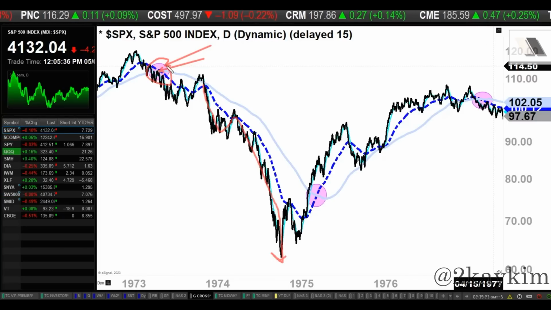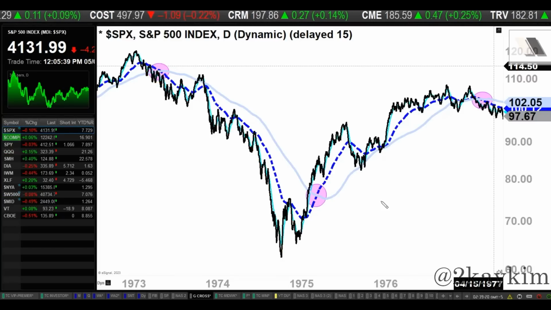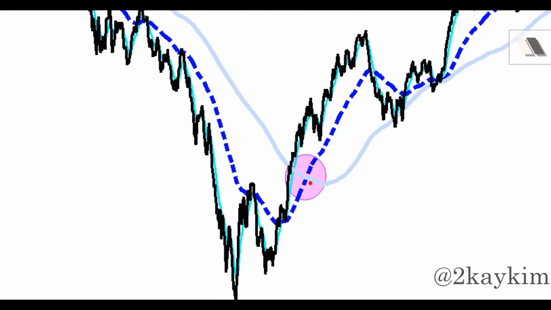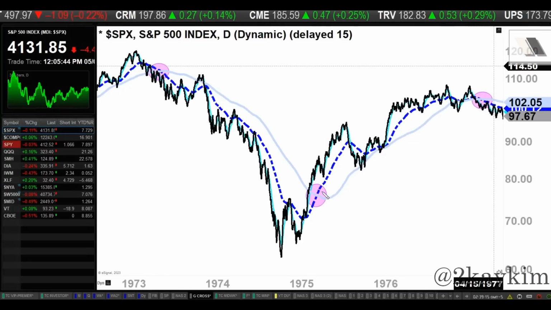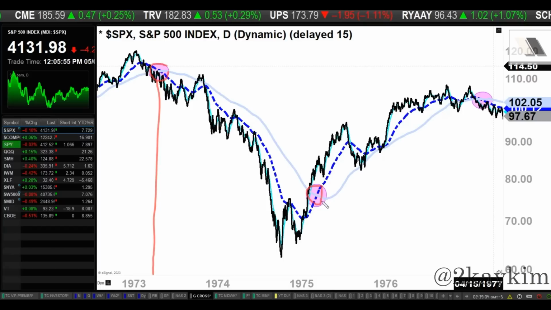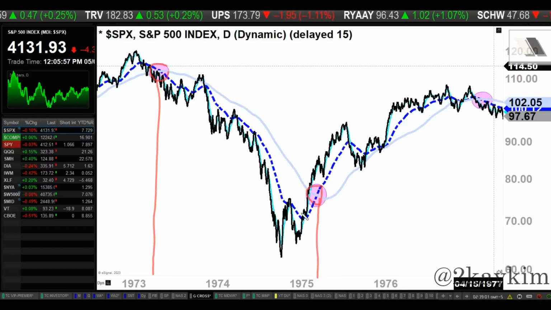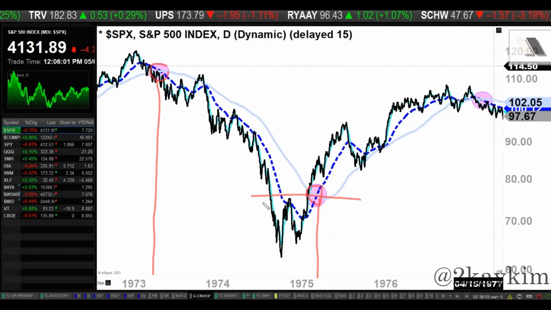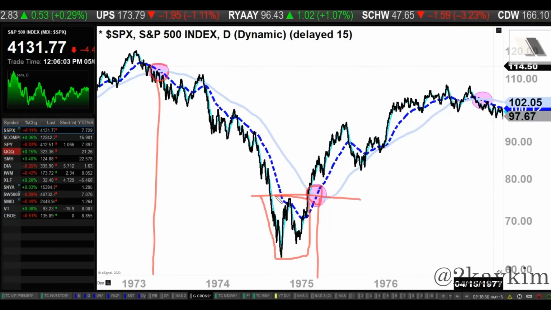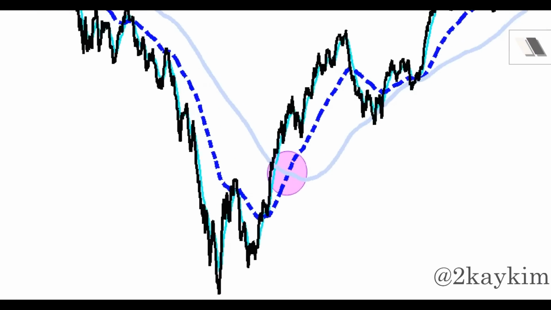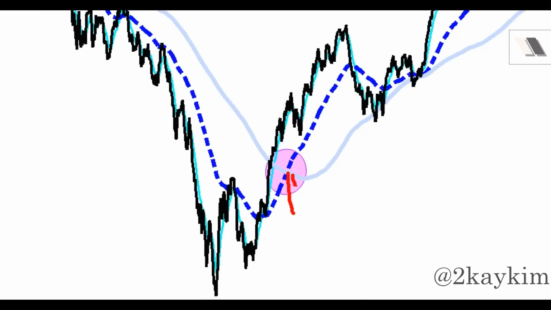And since this death cross, as you can see, we have what is known as a golden cross here. This is the first time we're seeing the midterm and the long-term moving average meeting. Last time when they met, remember, that was near the all-time high level, 1973. Now they met here again during 1975, after what looks to be a bottoming process in this market. And then once we did witness the midterm and the long-term moving average crossing back up here, that trend continued.